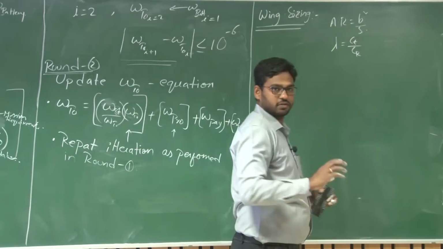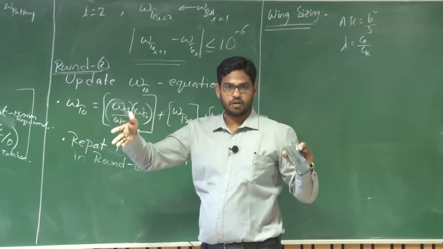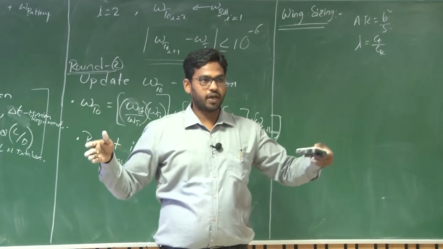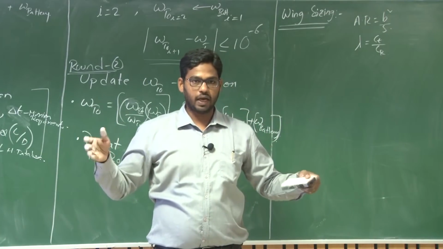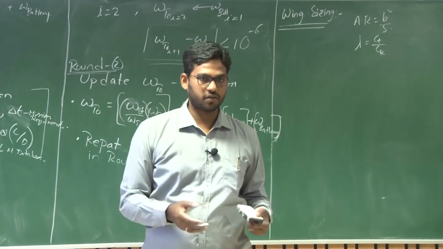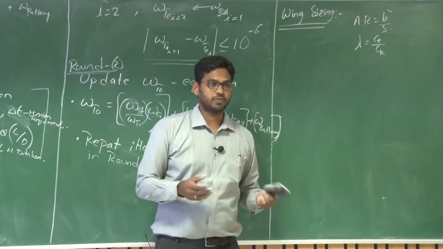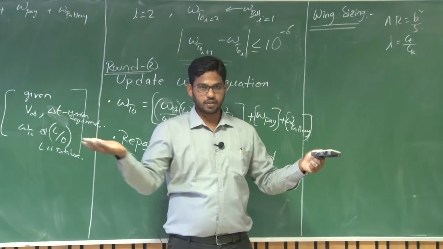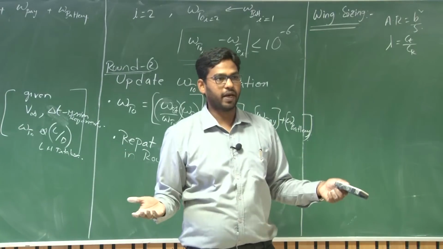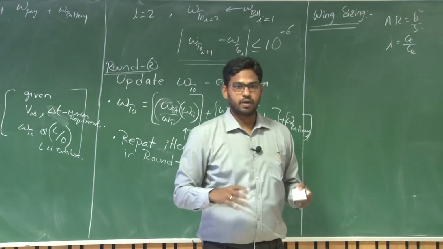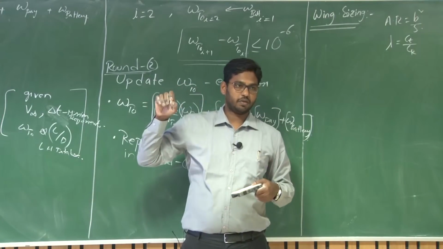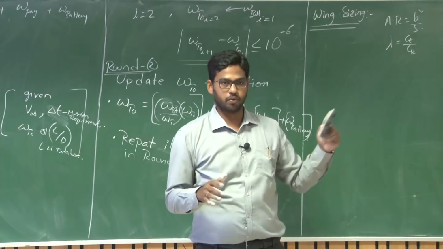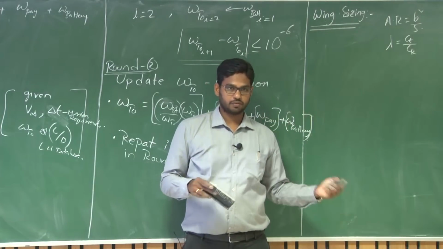And twist. If the root chord and the tip chord are of the same aerofoil, and the root chord is not aligned with the tip chord, then you will have a twist, right? Geometric twist. And you can also have an aerodynamic twist, where the chords of the tip and the root are in the same line or in a plane parallel to the ground, but the aerofoils are different. That means the lifting characteristics are different. So by doing that, you can still vary the bending moment as well as the lift distribution, right?